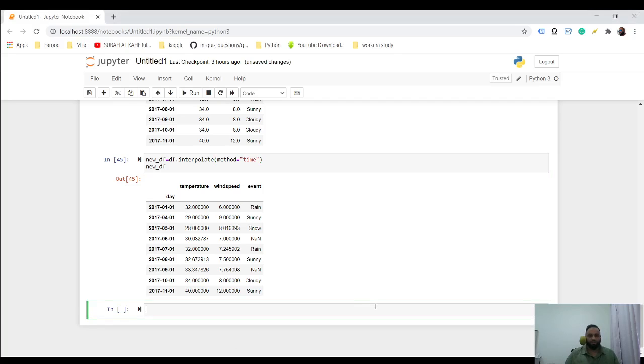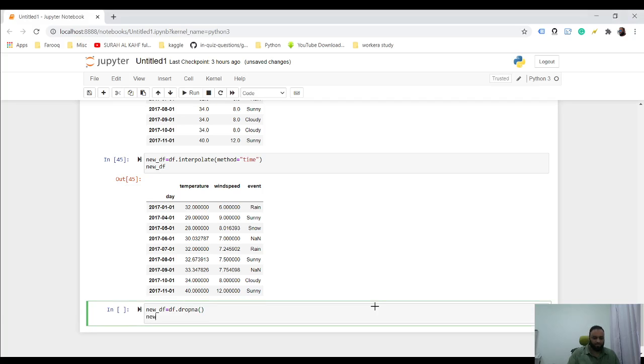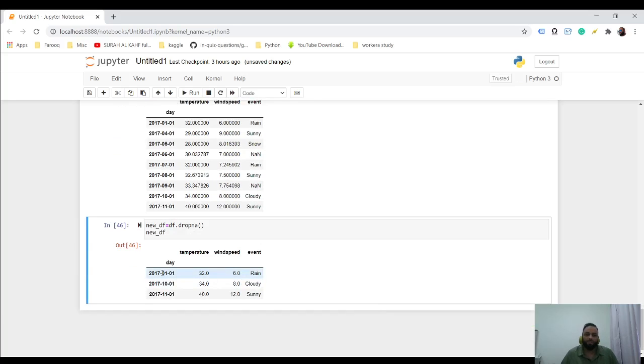So you want to create a new data frame, new_df, and then df.dropna(). Okay, and this is pretty much it. Let's look at new_df. Alright, so now you see it has only 3 columns. So we originally had this many columns, but dropna basically takes a glance at everything, and wherever it has a NaN value or a null value, it will just drop that